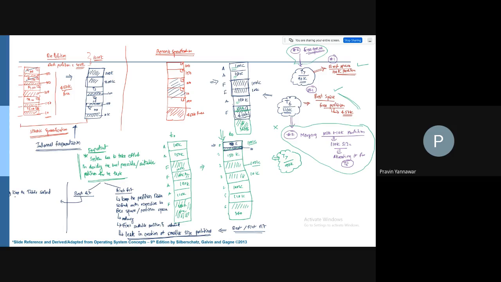So here, in case of best fit, we are keeping the table sorted as per free space.